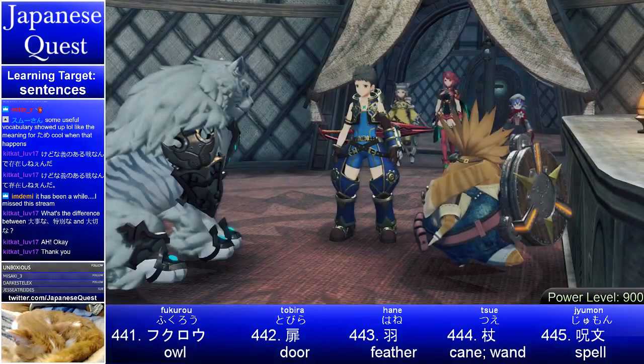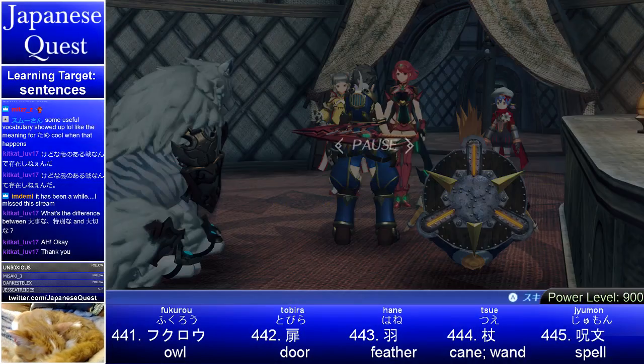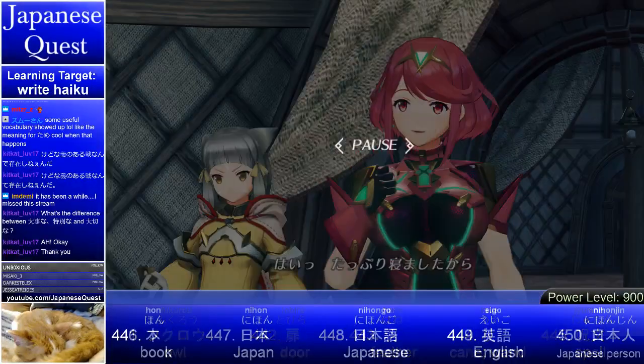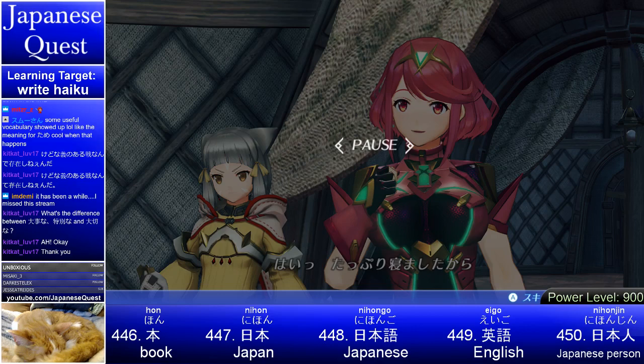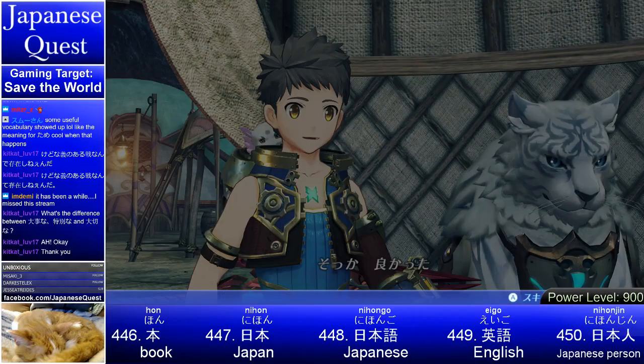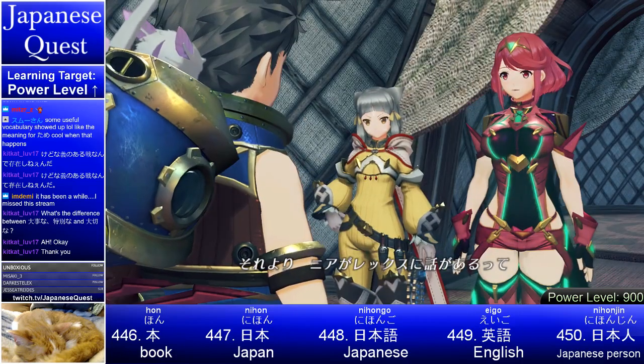Yogata ne, that's a pretty good scene. Oh, I thought it was over. おはようございます。 ホムラ、もういいの？ So good morning. Homura, are you okay? はい、たっぷり寝ました。 Yes, because I slept a lot. だから、そっか。 Yogata. Good. よかった。 それより、